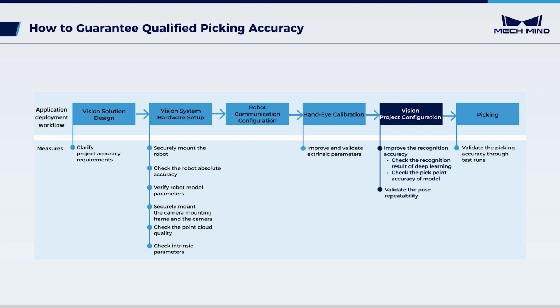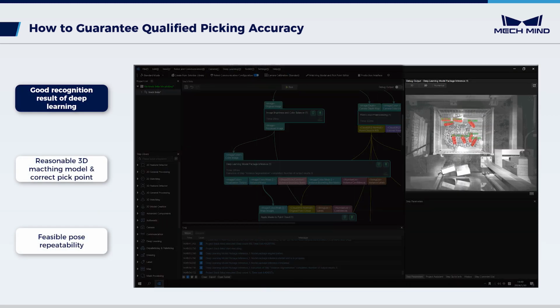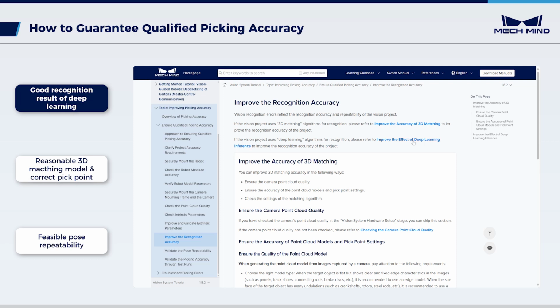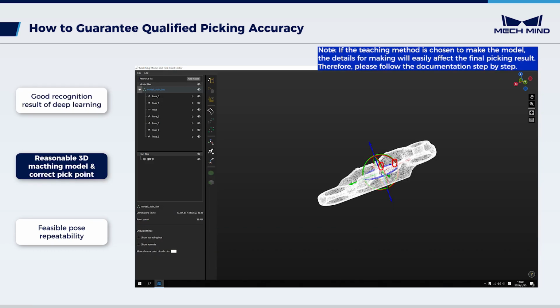Upon configuring the vision project, if deep learning is used, ensure a good recognition quality. Many factors will affect the deep learning recognition, so please refer to the appropriate tutorials and documentation for improvements. When making the point cloud model, choose a reasonable way to make it and ensure a correct pick point. Next,